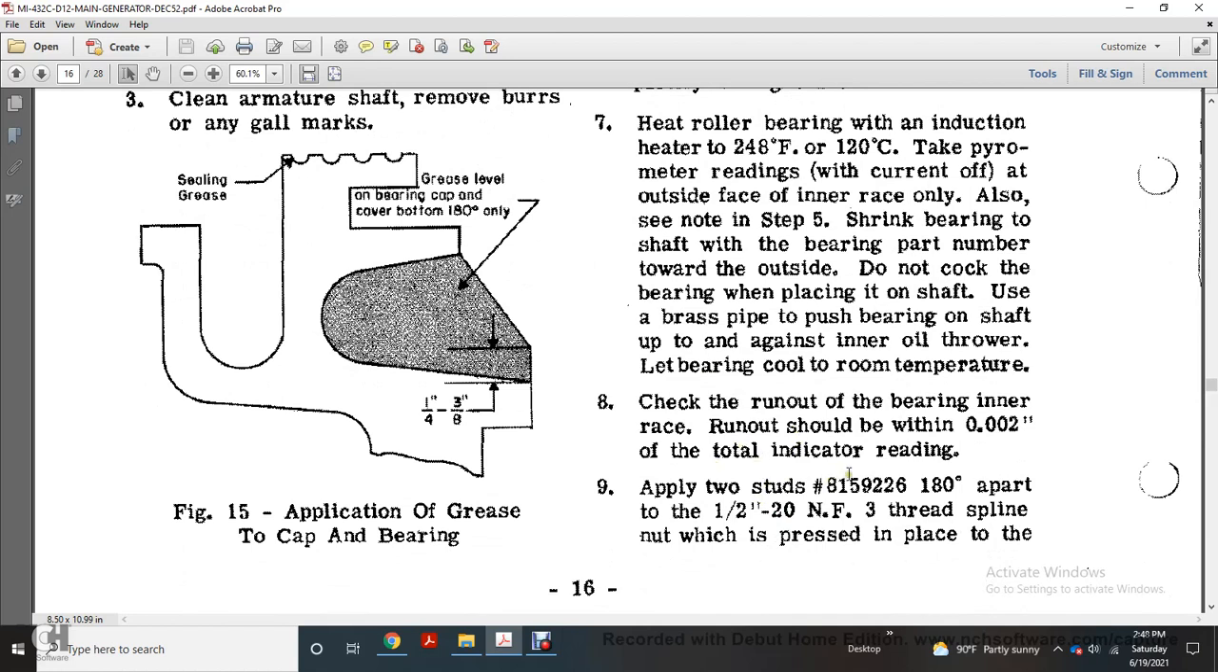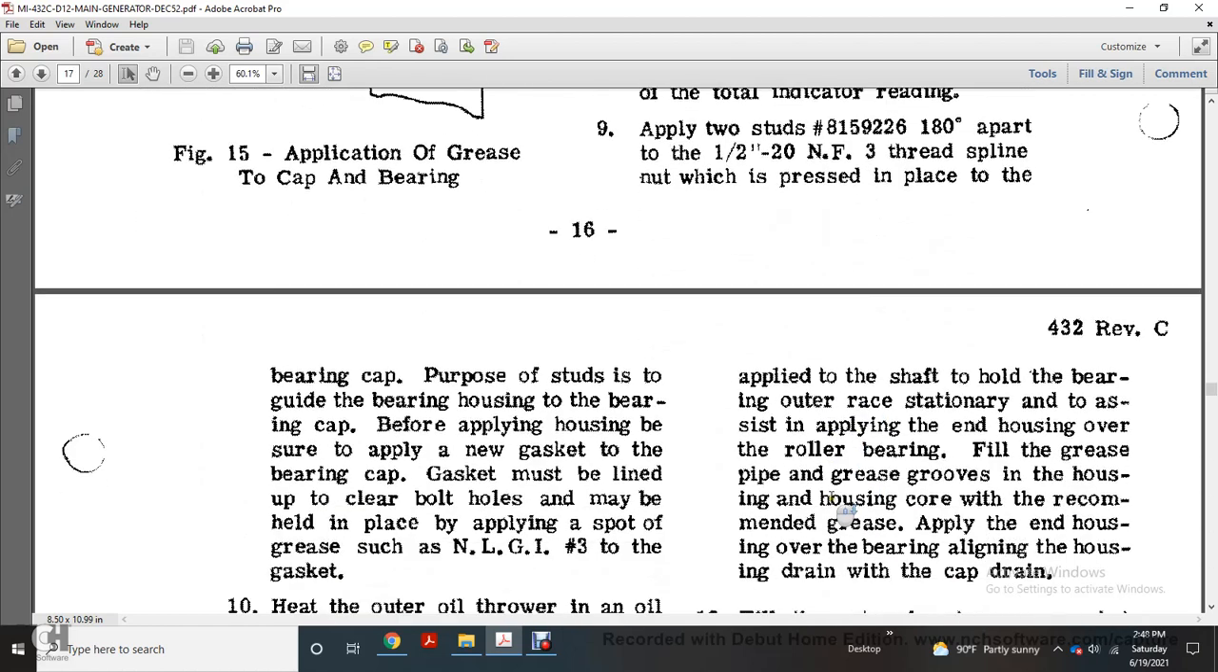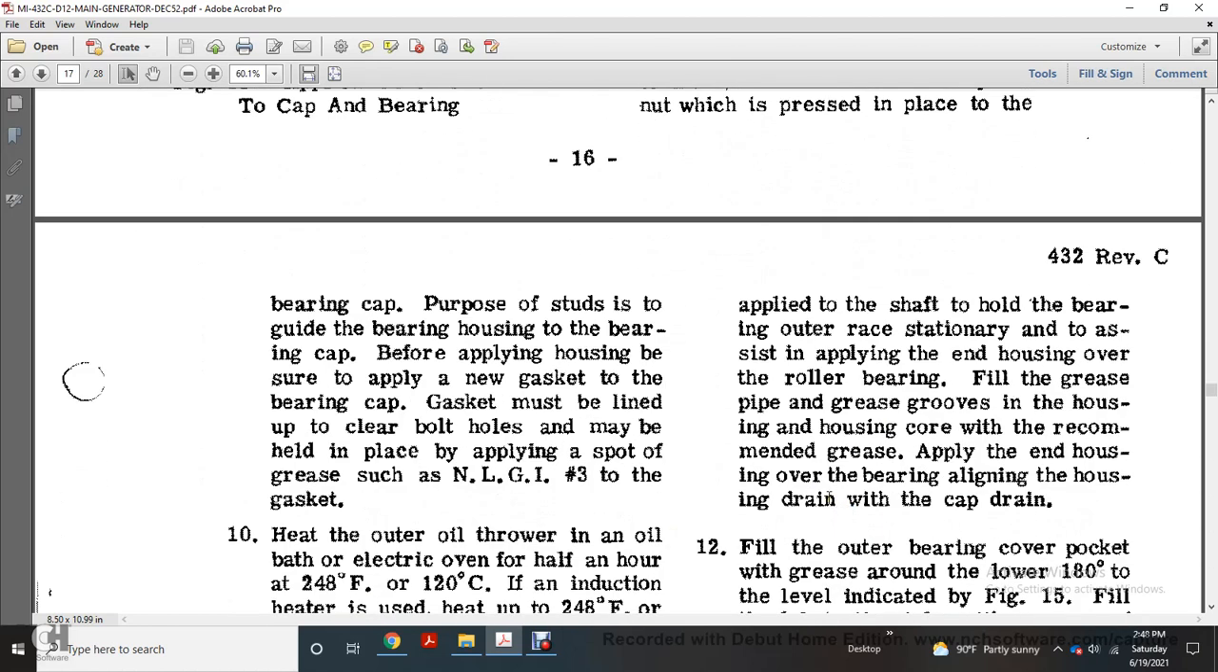Apply two studs 180 degrees apart with a 1/2 by 20 NF3 threaded spine nut, with the press in place. Bearing cap: for the guide stud, the bearing housing and bearing cap are to be applied with the gasket. Be sure to apply a new gasket to the bearing cap. The gaskets must be lined up with the clear bolt holes, maybe using a plate, with flying spot grease,